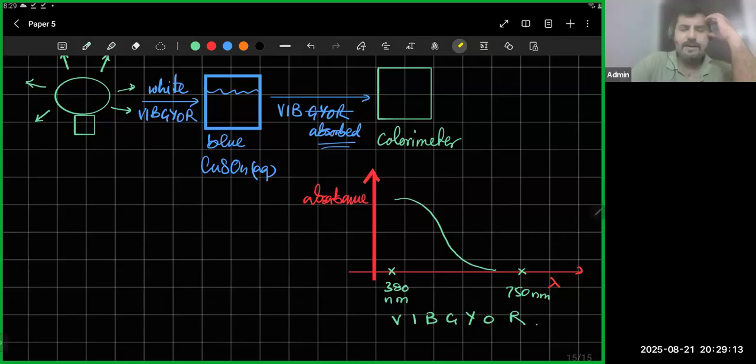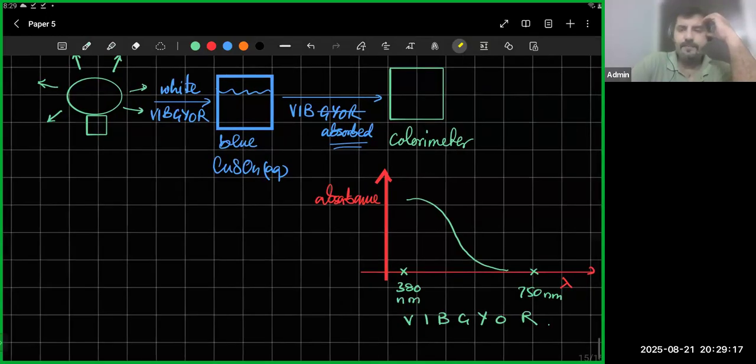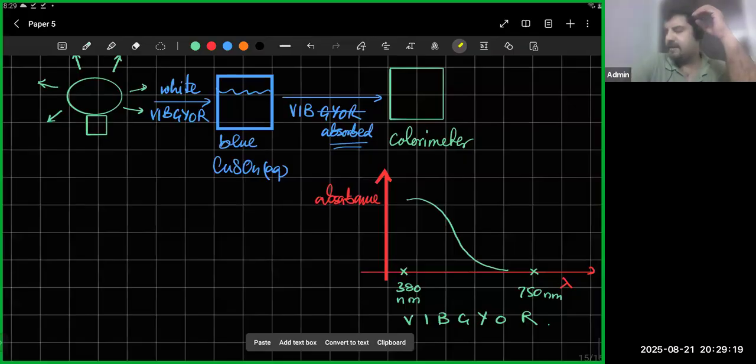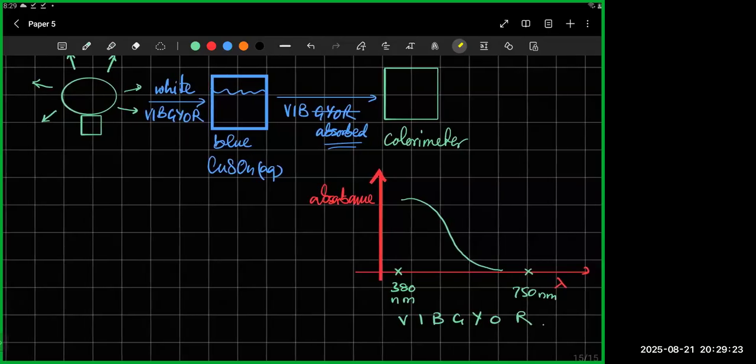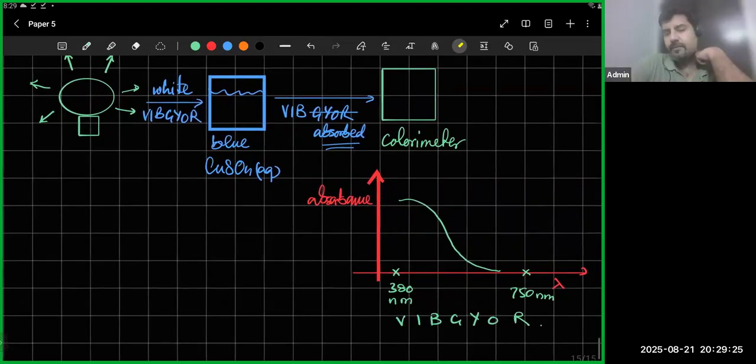Okay, is this part clear? How a colorimeter basically works. Is it clear to everybody? Is this clear? Yes, sir. Okay, so,